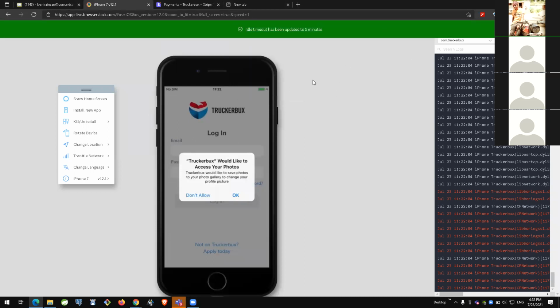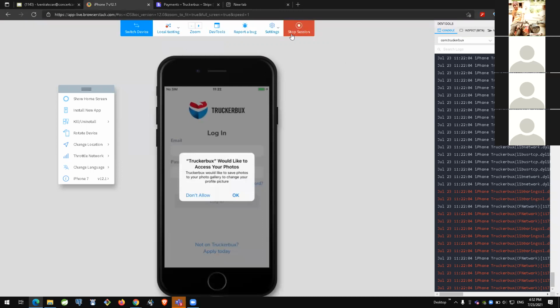And always don't forget to stop the session, because if you are running the emulator for a very long time, it will not respond to our requests. Because I have used that emulator for a long time, in some period of time it will disable some functionality. It will not be responding to my request, and I can always select stop session. This is the default apply feature of current BrowserStack. I am going to stop the session here.